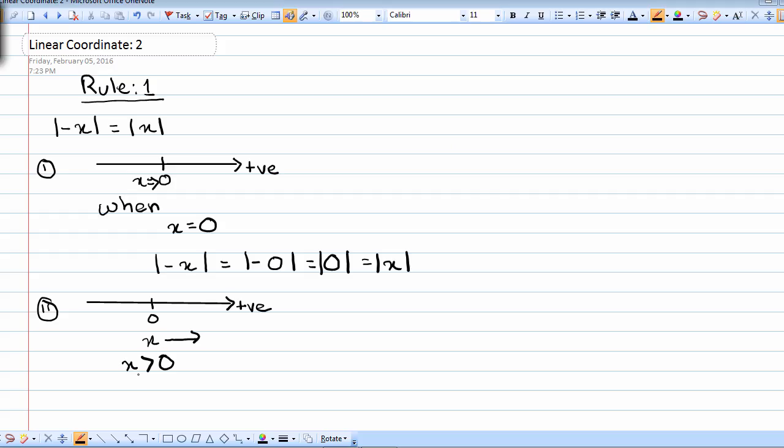or at any given time the variable x will always contain a coordinate from the positive side of the number line. So x will contain any value at any given time from the positive side of the number line. That's why I've given the arrow that x is moving along this number line. So x can contain any number